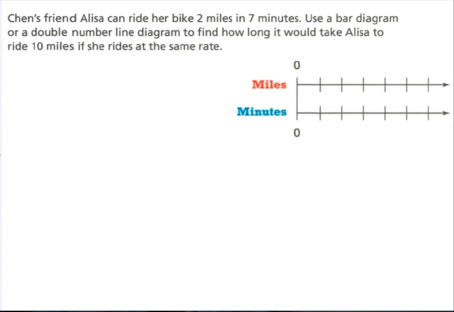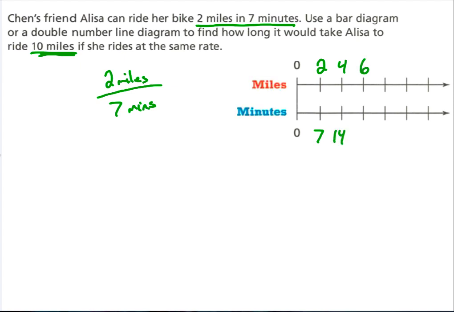All right, this one said, Chen's friend Alyssa can ride her bike 2 miles in 7 minutes. So that's our ratio. 2 miles to 7 minutes. We want to use our double number line to figure out how long would it take to go 10 miles. Well, I know it's 2 miles for 7 minutes. So 4 miles would be 14, and 6 miles would be 21. I'm just going up by 2 each time, and I'm going up by 7 each time. I'm counting by that ratio. So that would be 8 and 28, 10 and 35,